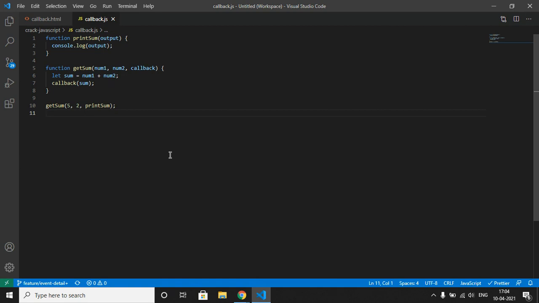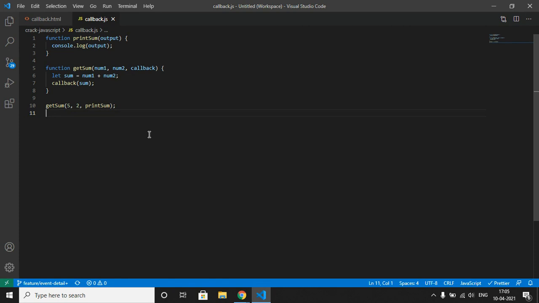So it helps us to develop asynchronous JavaScript code and keeps us safe from problems and errors. In JavaScript, the way to create a callback function is to pass it as a parameter to another function, like we are passing our printSum function to getSum, and then call it back right after some task is completed.